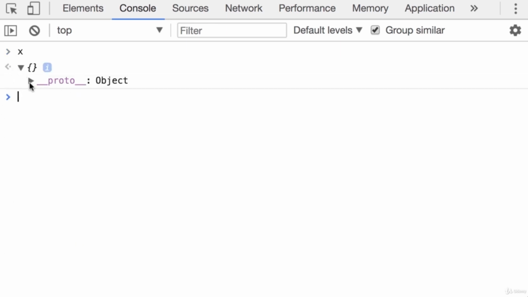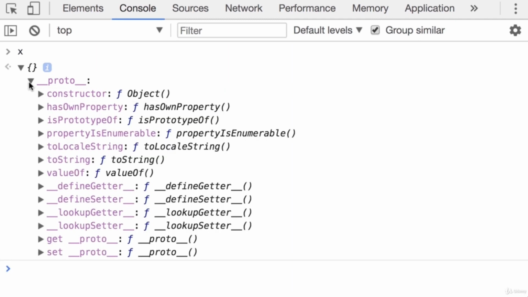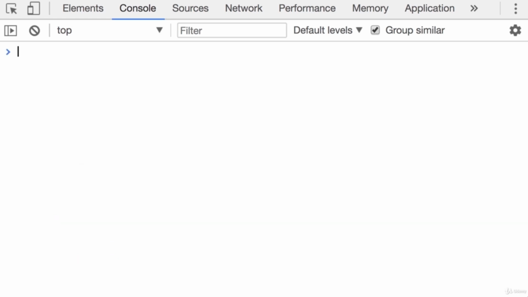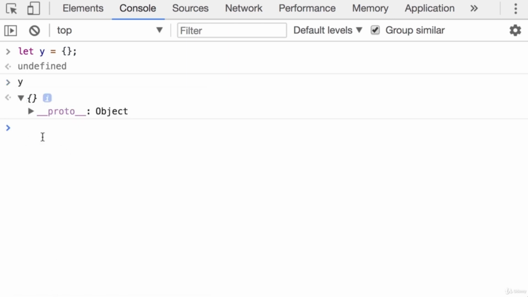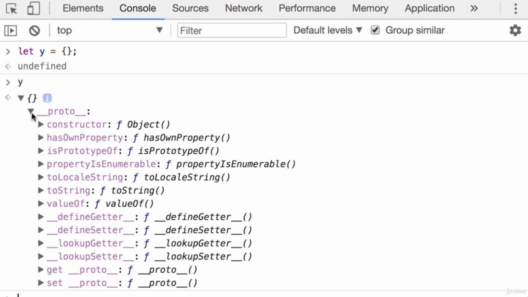Okay, here is its prototype, which is our object base. Look, this object doesn't have a proto property. So it doesn't have a prototype or a parent. Now we can create another object here. Let's call this Y. Again, another empty object. Let's inspect it. So Y also has a prototype property, which is the same object base that you saw a